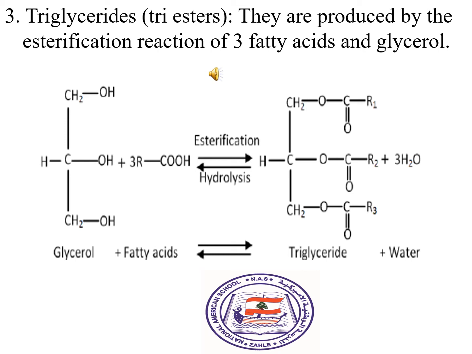Remember, when I say fatty acid, you have to simply treat it as if it were a carboxylic acid. So 3RCOOH as seen in this reaction. So those are the 3 fatty acids with 1 molecule of glycerol producing the triglyceride, which is a triester, plus